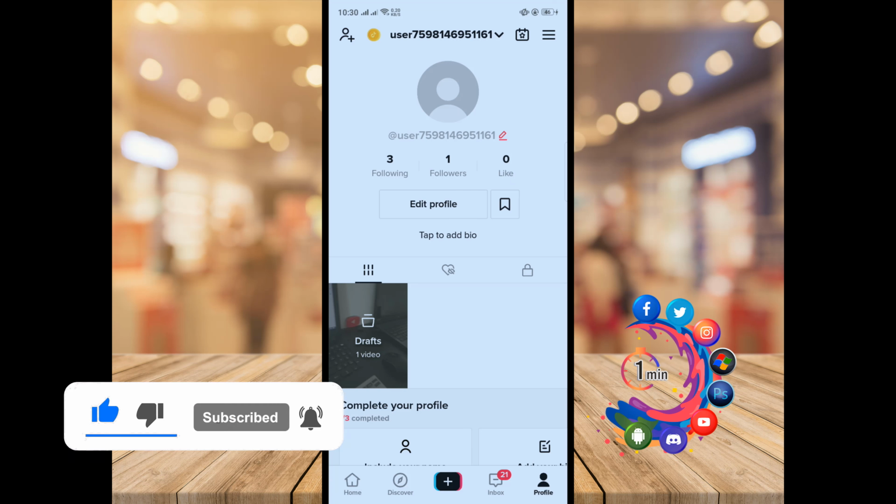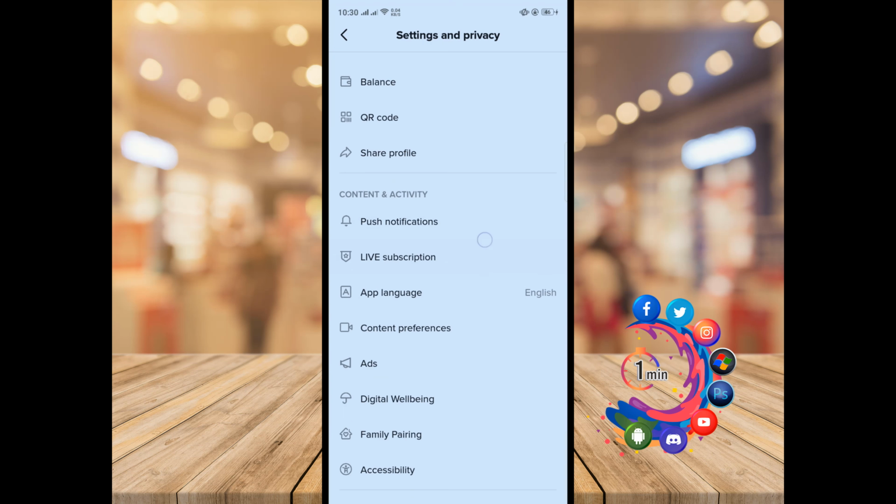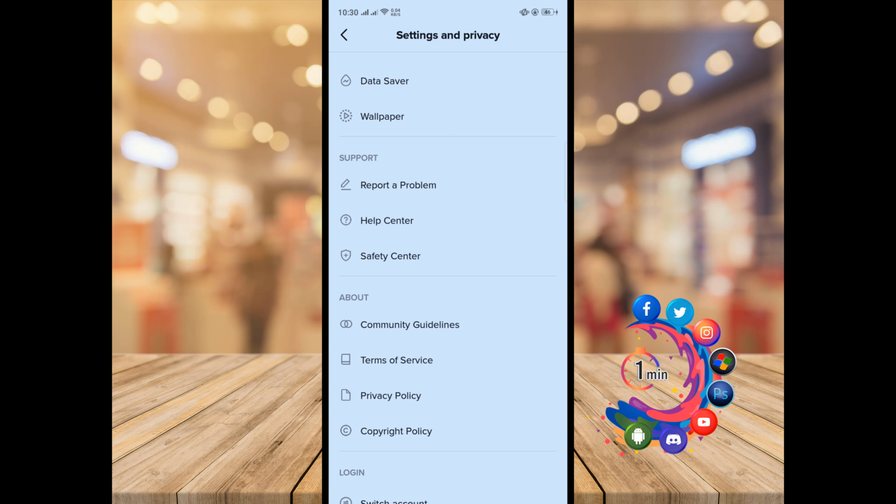So first of all, open your TikTok profile and then click on this three-line icon to the upper right hand corner and click on settings and privacy and scroll down. Then click on report a problem